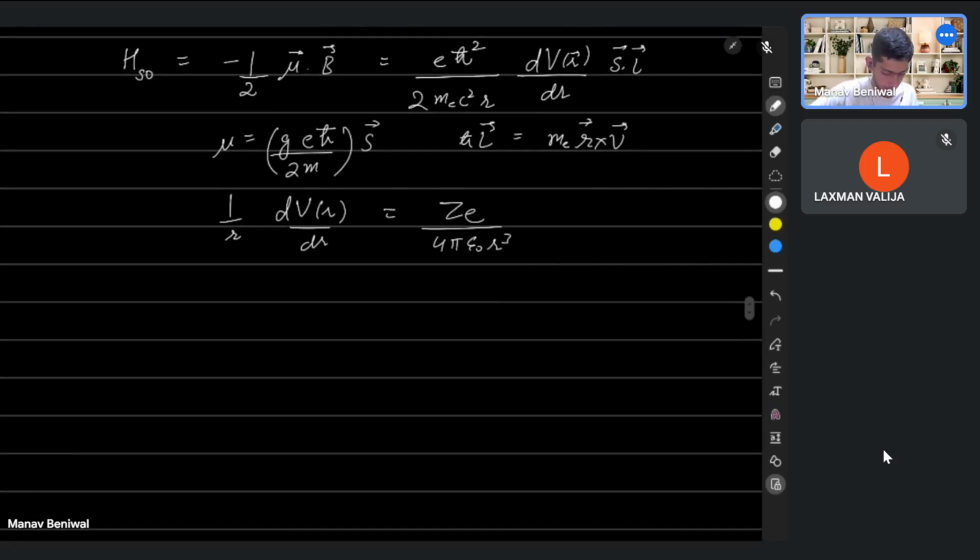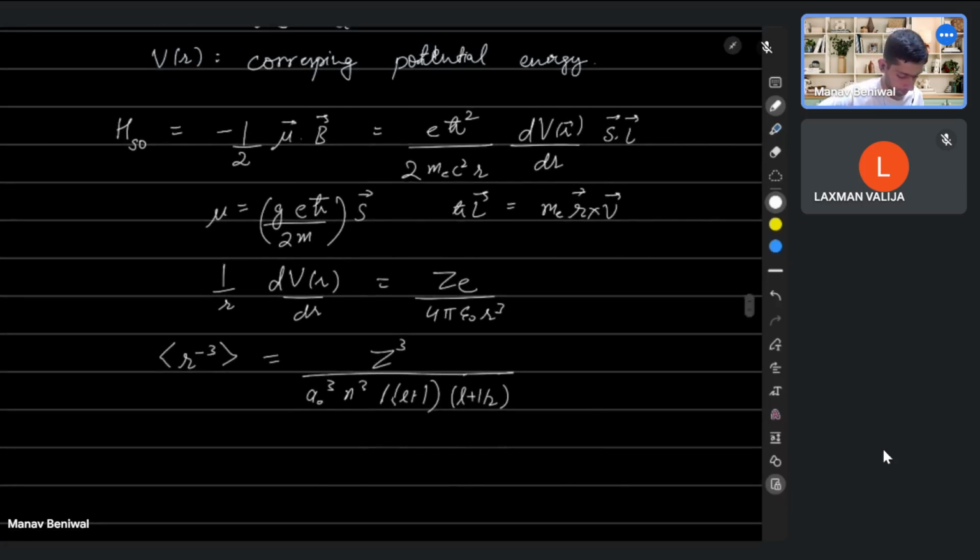Okay, and for electronic states with quantum numbers, the expectation value of 1 over r cubed goes as Z cubed over a naught cubed n cubed l into (l plus 1) and (l plus half). Okay, so here note that this value 1 over r dV/dr